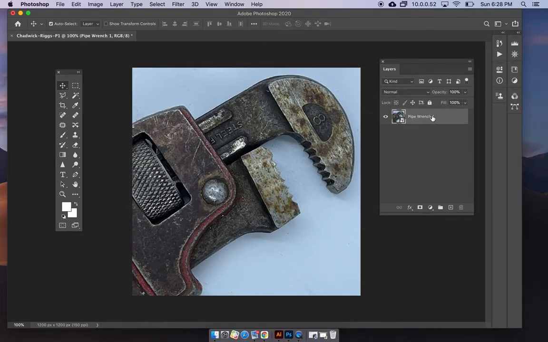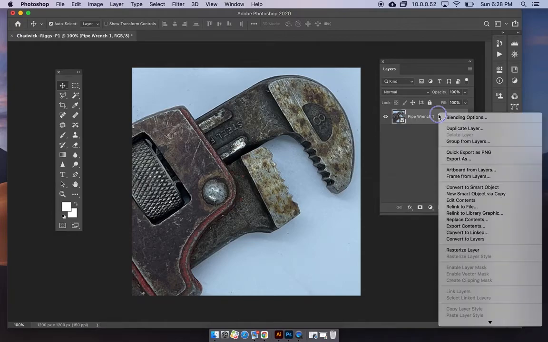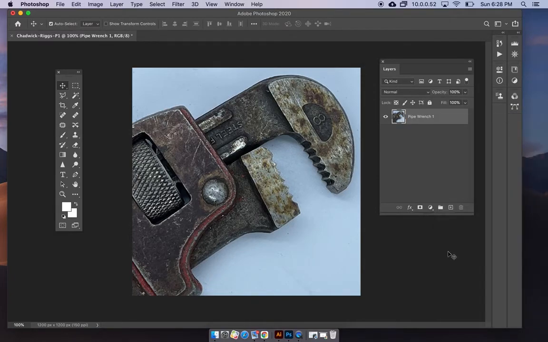Now after I do that, I do Control click or right click on your mouse and go down to the bottom where it says rasterize layer. Once you have done that, that little piece of paper moves away in the icon and it is ready to be edited. I will go File,